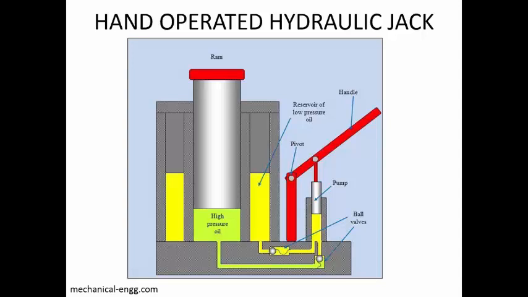So that small amount of oil entering into the cylinder means the piston will be moving by a very small distance. So you may have to do some 50 or 60 movements of your hand to lift the automobile vehicle by say 1 inch or 1.5 inches. Thereby you are able to perform your operation. If the distance that is to be moved is larger, then by hand movement it may not be possible. You can use some kind of drive, maybe an electrical motor, to operate this particular lever, or you can put a pump and you can lift the load. That is also possible. So this is the basic principle of the hydraulic jack.